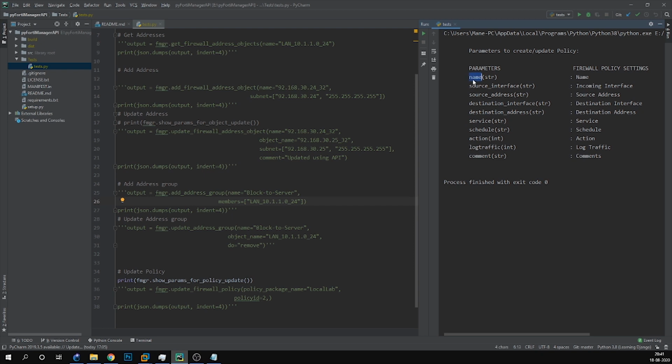So we need to update the source address, which was none. In our case, we will add the source address, and we will again add the comment. The source address will be the name of the address group.